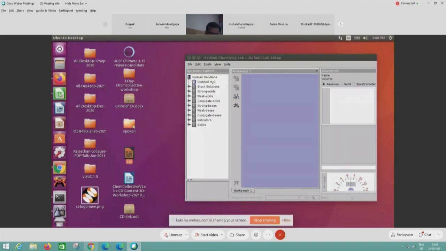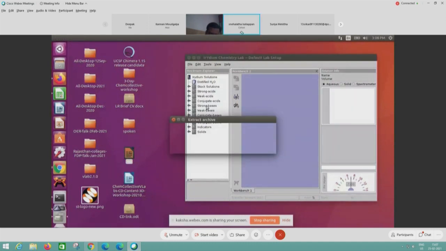Then you will get it on your screen wherever you have extracted, be it in the downloads folder or whichever folder your zip file is, there it gets extracted. It's extracting, so let's wait.